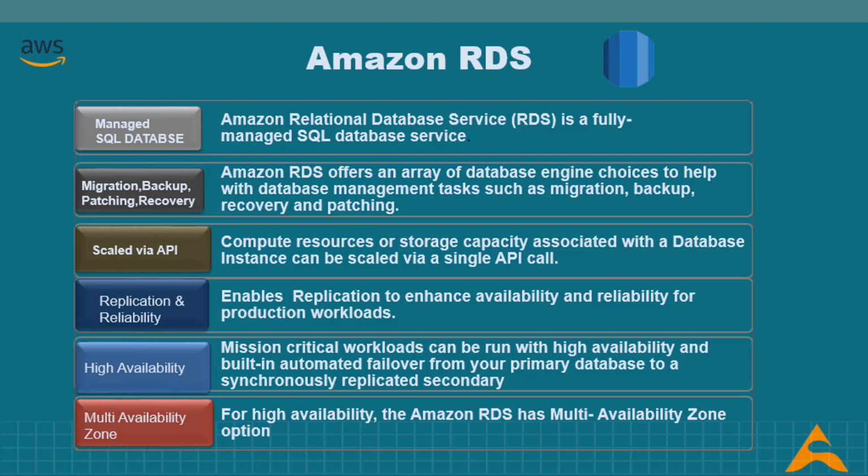Amazon RDS automatically patches the database software and backs up your database, storing the backups for a user-defined retention period and enabling point-in-time recovery. Compute resources or storage capacity associated with a database instance can be scaled via a single API call. Amazon RDS enables replication to enhance availability and reliability for production workloads. For high availability, the Amazon RDS